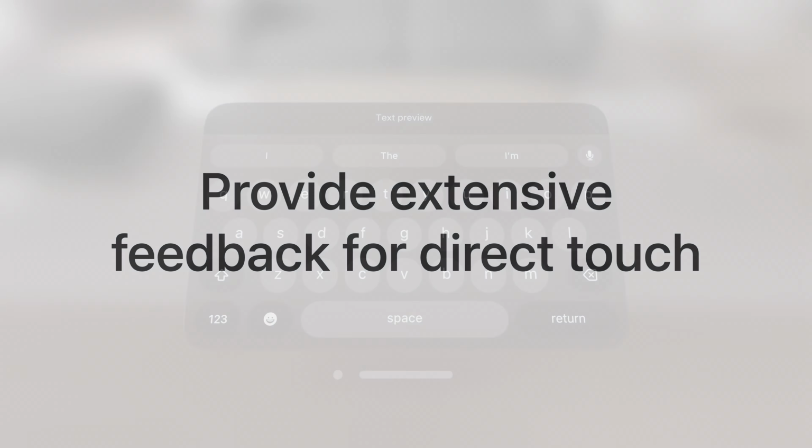Lack of tactile response is another thing to consider when designing for direct interaction. Every time we touch something in the physical world, our hands receive lots of multisensory feedback, which is essential to our perception. None of this is happening when we reach out and touch virtual content, and to make that interaction work, we need to compensate for the missing sensory information with other types of feedback. Let's look at how we approach this challenge with keyboard buttons.